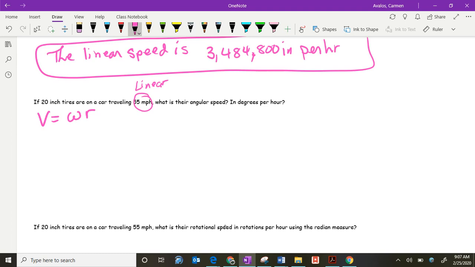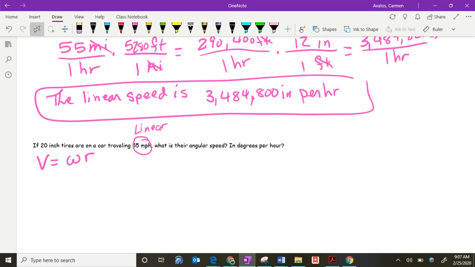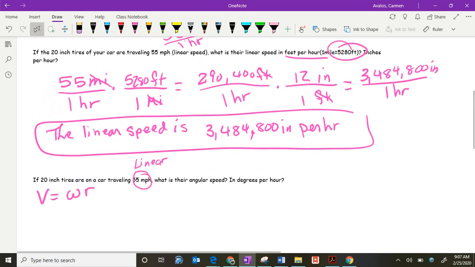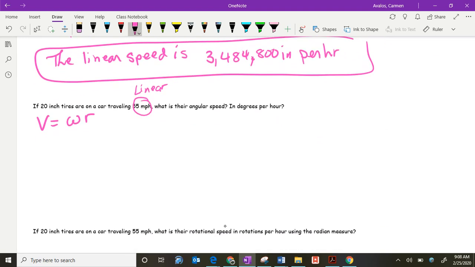And so what we do here is going to be that the linear speed, well, we already calculated the linear speed in inches per mile. So you have to decide, do I want to use the feet one or do I want to use the inches one? But since the tires are in inches, the inches is the one that we want to use. So the linear speed here is going to be 3,484,800